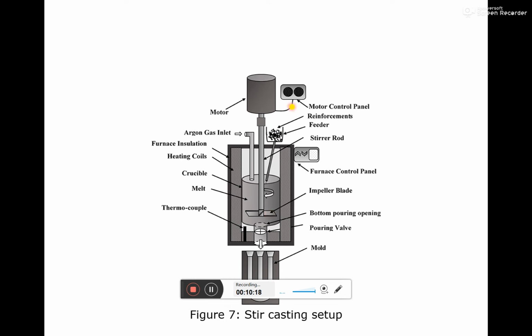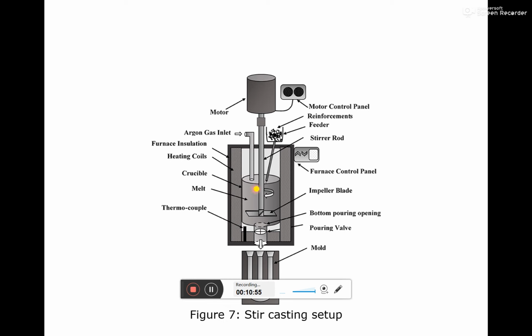Okay, and to control the rotation of this particular stirrer, there will be a separate control panel. Based on the configuration of the equipment, we may have some different 3 or 4 levels of speeds. We can vary this particular stirrer speed. Okay, and as we already mentioned, in this particular furnace, this is the entire furnace,